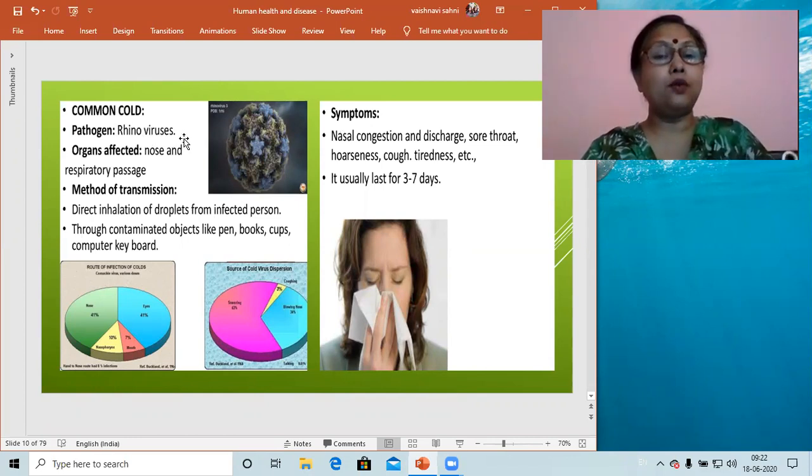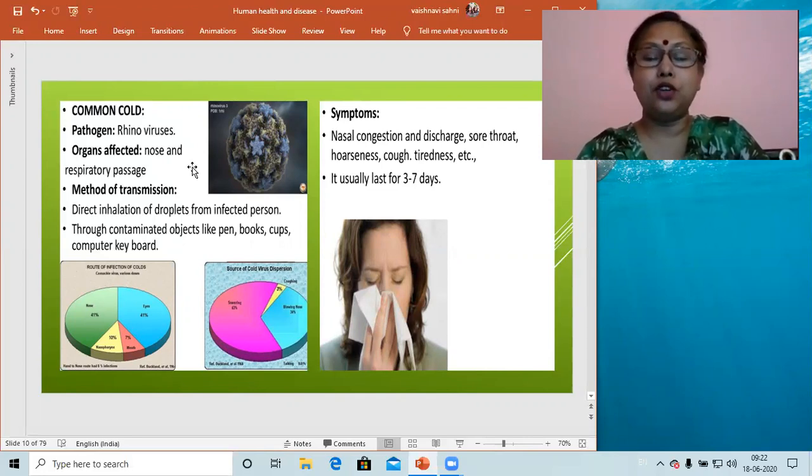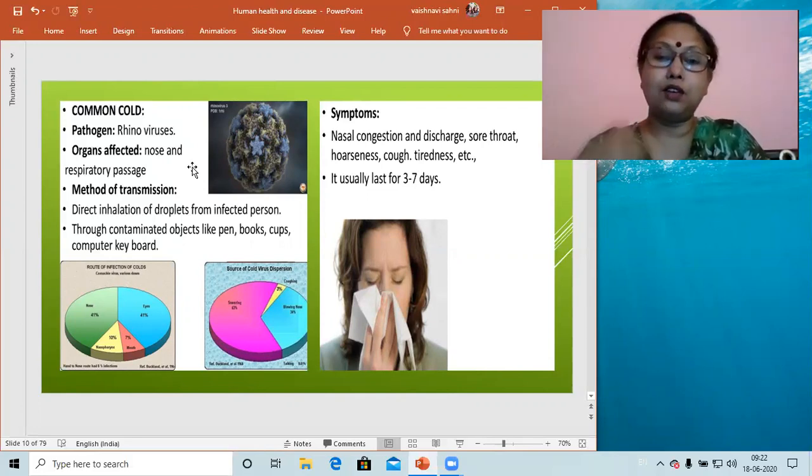Now see, one thing we should keep in mind is that in common cold, all that part of the respiratory system except the inside part of the lungs is affected. External nose, then internal nose, till the bronchus, but strictly lungs will not be affected in this. The pathogens are rhinoviruses, as I told you, viruses affecting the respiratory system, and it affects from the external nose